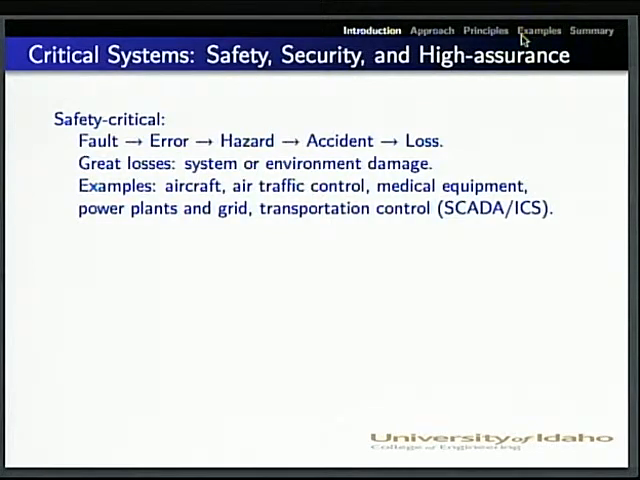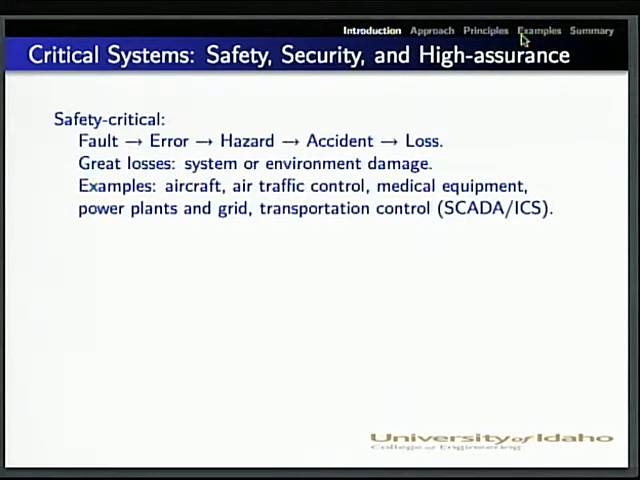A safety critical system is a system in which great losses or damage to people or the environment may happen if the system fails. Examples of these systems are an aircraft, air traffic control, any medical equipment devices, power plants and the power grid, and transportation control systems or other systems that are known as SCADA or ICS,